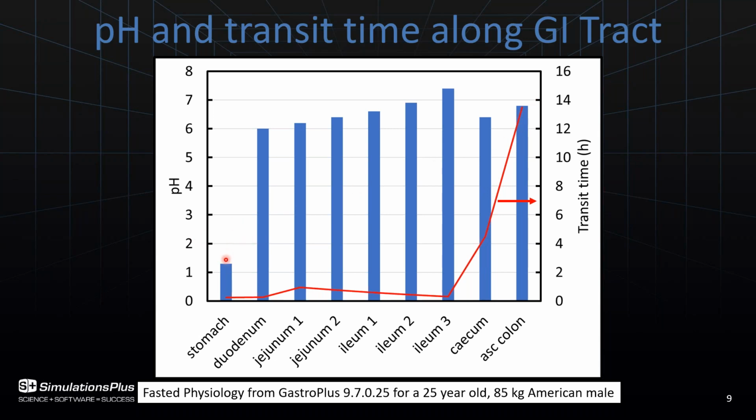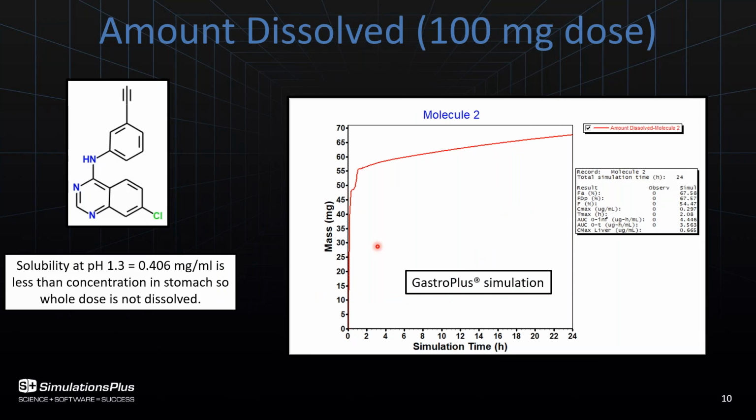So for this molecule, it would mostly dissolve here, and then when it reaches this, the solubility would be lowered because it wouldn't have as many ionizable groups. So if we look at a simulation in GastroPlus for this compound, here we're plotting the amount dissolved versus the simulation time. So this is for a 100 milligram dose, and in the first 15 minutes while it's in the stomach, a lot of it dissolves, but